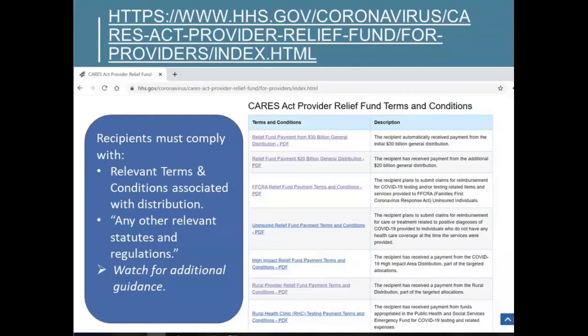But remember, it's not just those terms and conditions that you're attesting to in the attestation portal. The terms and conditions have kind of an interesting statement that you have to comply with these terms and conditions and any other relevant statutes and regulations that might apply. Well, what are the other statutes and regulations? Well, we don't know. Those may be existing. Those may be coming down the pipe. We don't know exactly. So basically, you're agreeing to comply with whatever the government may put in place in front of you. So the bottom line there is you need to continue to monitor your compliance, monitor the guidance that comes down from the government and the regulations, the strings that are going to attach as we go along.